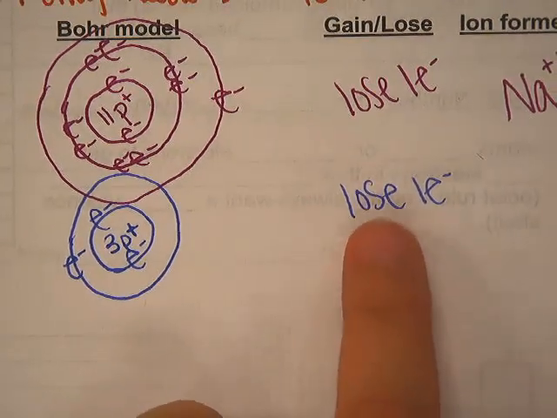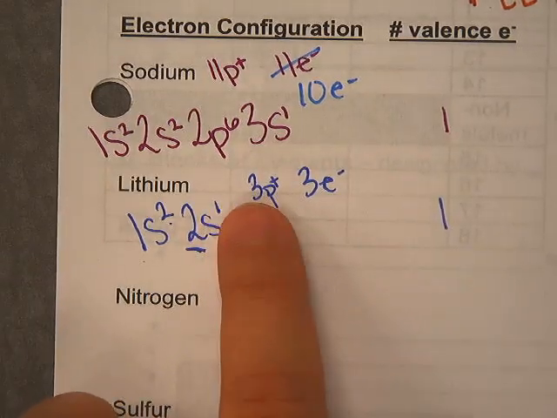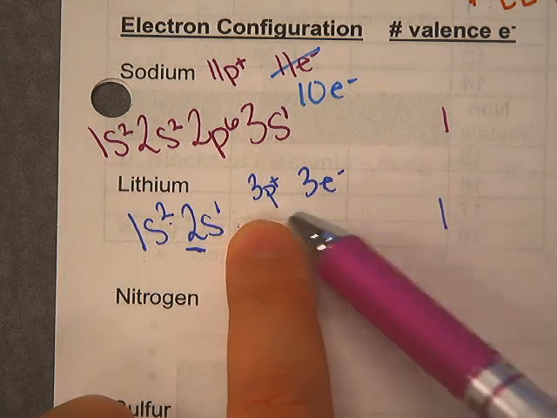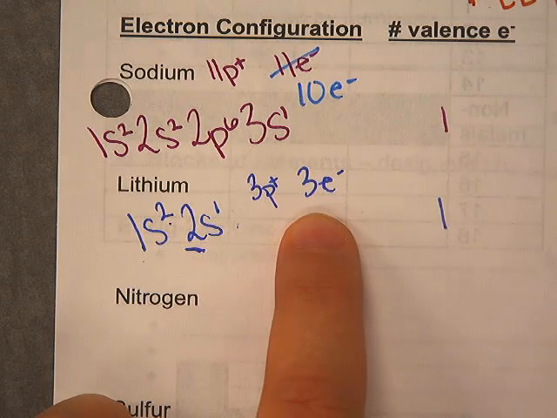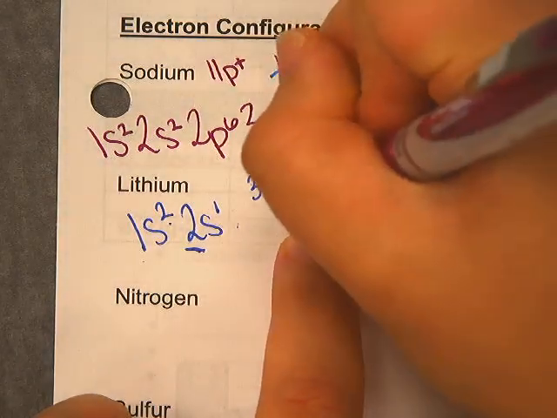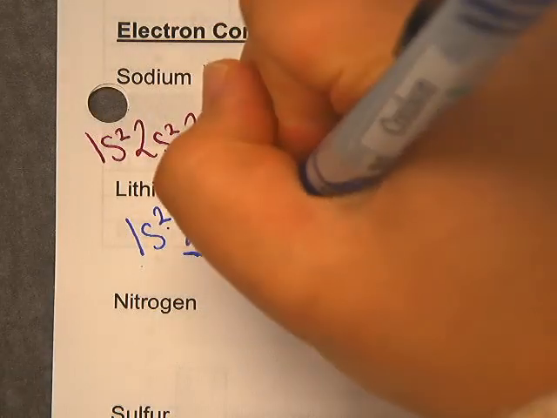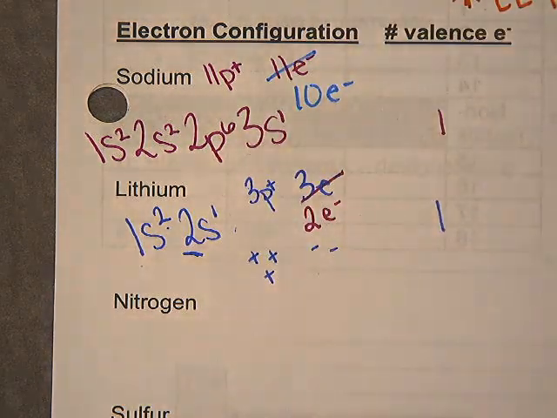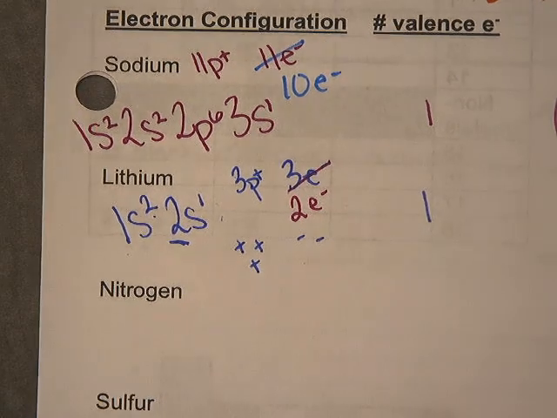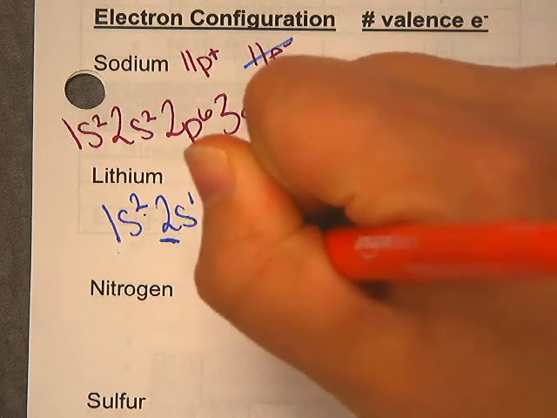And when you lose an electron, you are losing negativity. So I like to come back to the protons and electrons here. If I have 3 protons, that's not changing. But when I lose 1 electron to become stable, instead of having 3 electrons, I will now have just 2 electrons. And so if you think about it visually, if I have 3 positive charges and only 2 negative charges, 1 positive and 1 negative will cancel out. So this one would cancel with that one, this one would cancel with that one,